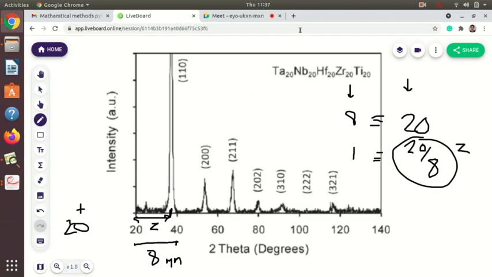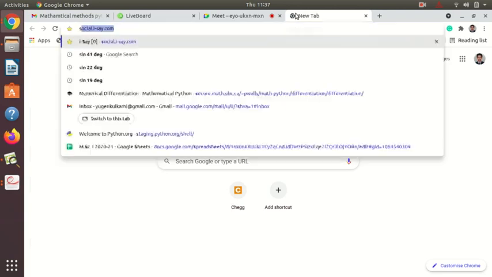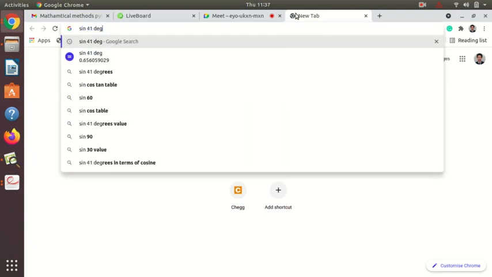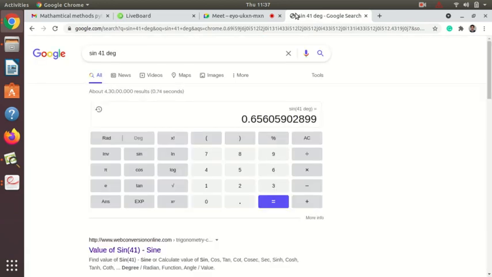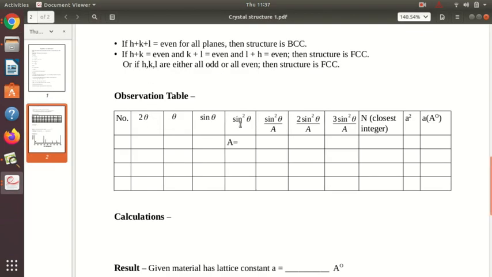If you are doing it online, you can directly write sin, like here I have written sin 41 degree. So there is no ambiguity here. We don't need to think whether the angle is in degrees or radians. Whatever you get here, you can write this value. Suppose I am getting 0.656059. Most of the time we write 4 digits, so I will write 0.6561, because this is more than 0.5, so I will round up. You can approximate the numbers accordingly. All these numbers you have to write here as sin theta.